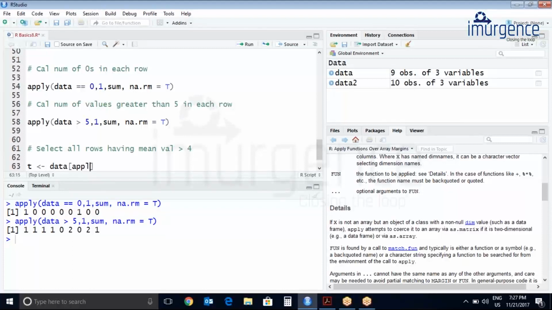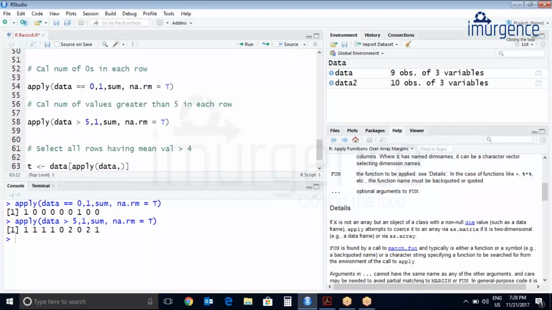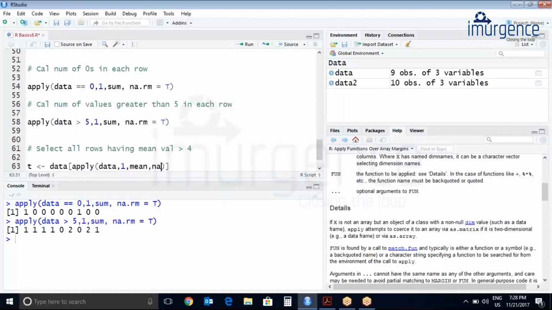Apply data, comma 1, comma mean, comma na.rm equals to true. So it will remove NAs, or else NAs will be included in your output also. Greater than, equal to. Okay, so let's just change the scenario over here.